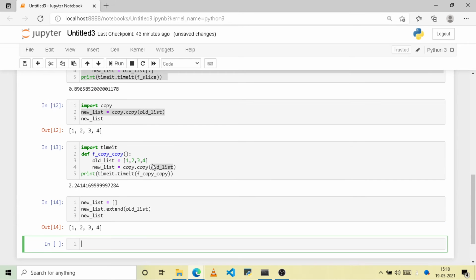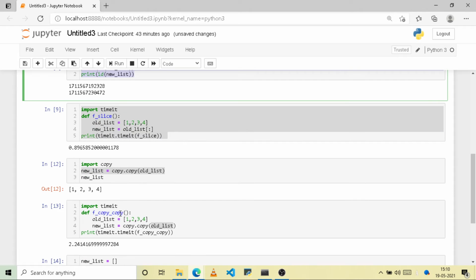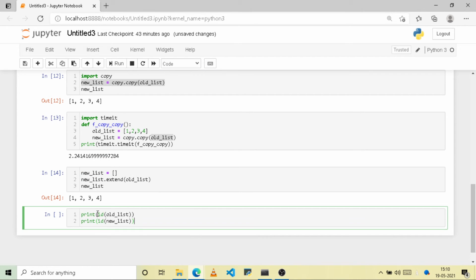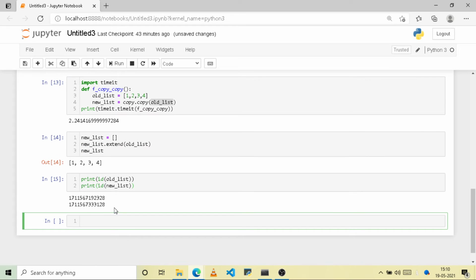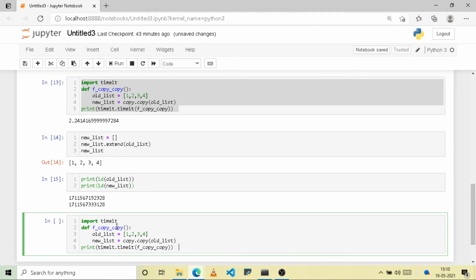So you can see whether it refers to the same location or a different location. Yes, both refer to different locations. And let us try to see the speed of the extend method.